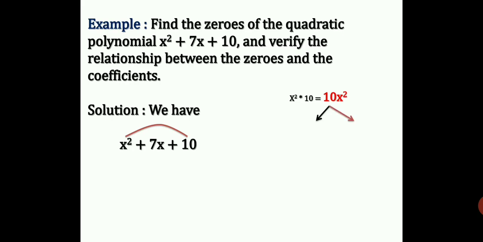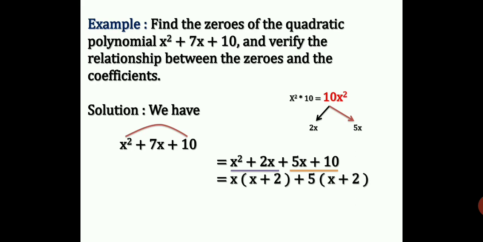So we have two factors, 2 and 5, and x into x is x square. The sum is 7, 2x plus 5x is 7x, and 2x into 5x is 10x square. So we write x square, splitting 7x in terms of 2x plus 5x, plus 10. Now in the first two terms, x square plus 2x, we take x common. And for the second terms, 5x plus 10, what do we take common? 5, because 5 twos are 10.